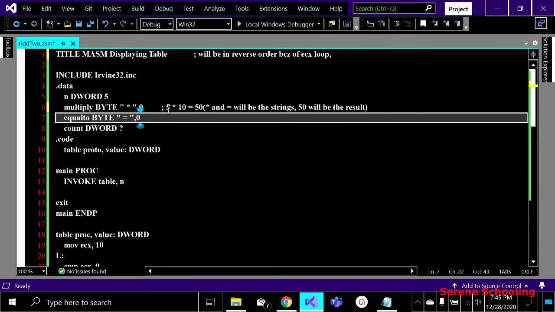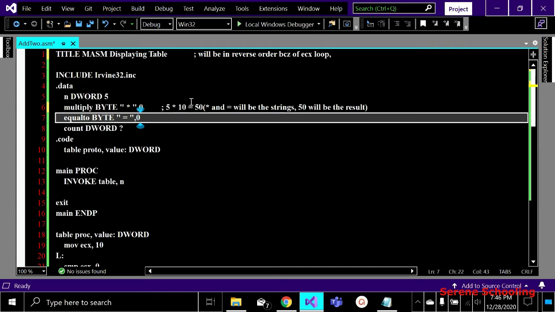So we have to move this 5, that is that value, in EAX, and then display it as it is using call WriteInt. And then I have to print that asterisk string. We know how to print strings on the screen. And then I have to print 10, and 10 is in ECX, but in order to display we have to move it in EAX.